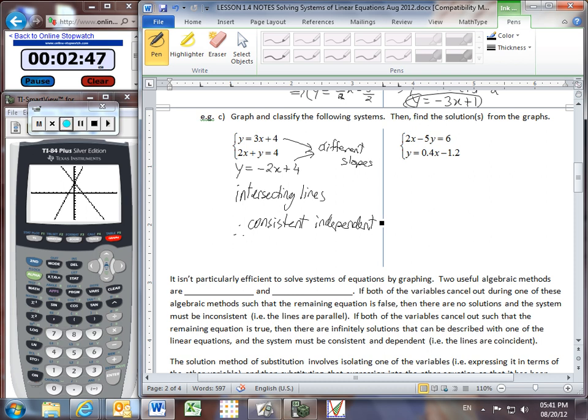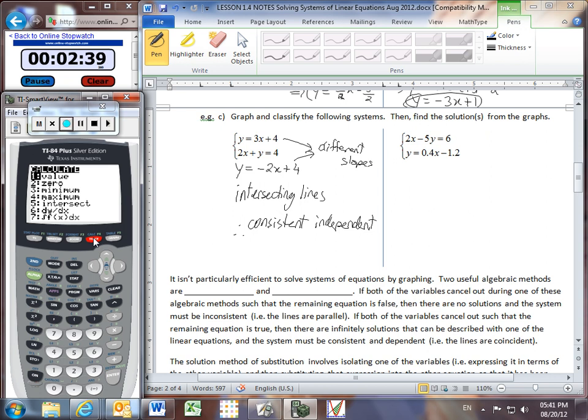And it says then, find the solutions from the graphs. Okay, so I need to find out where these two lines cross. And I can do this with second trace. In the calculate menu, I'll choose option 5, intersect. I just go enter, enter, and look, I think they intersect where x equals 0. Let's see if I was close. And, oh, look, I was spot on. They do intersect